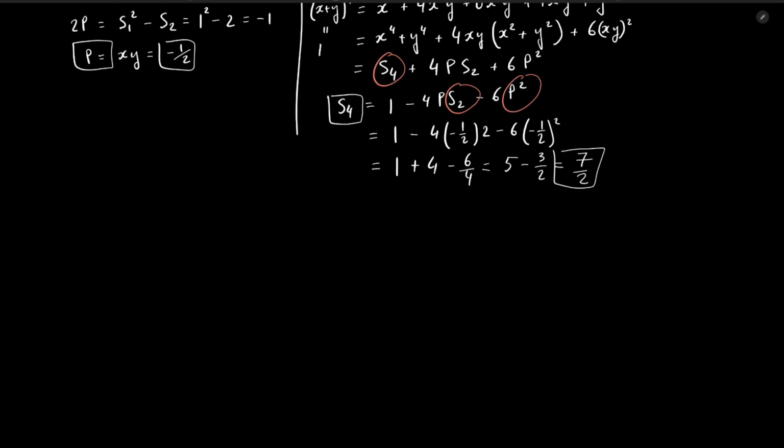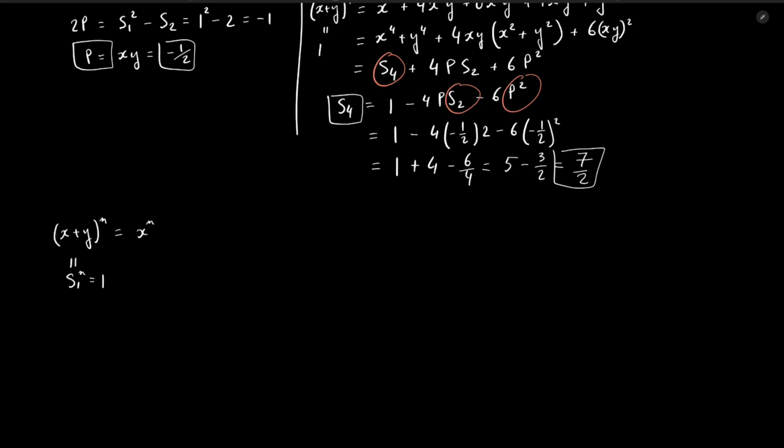So what we're going to write is that (x plus y) to the power of n, we're going to use the formula of the binomial theorem in order to find the value of (x plus y) to the power of n. So first of all, I want to remind everyone that this is obviously equal to S1 to the power of n, that is exactly equal to 1. But this is also equal to